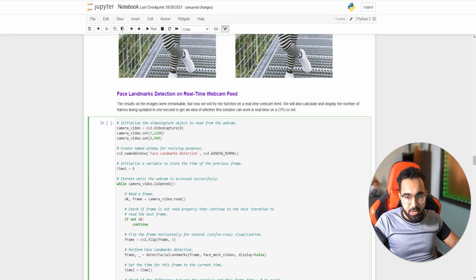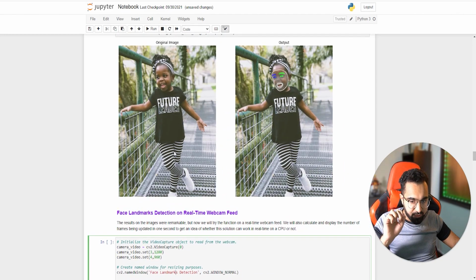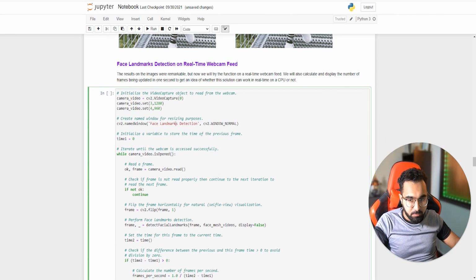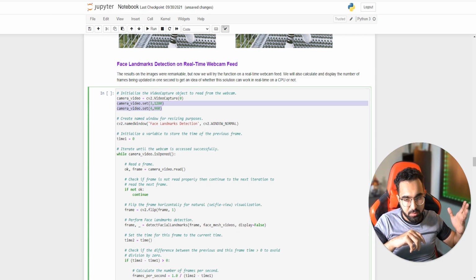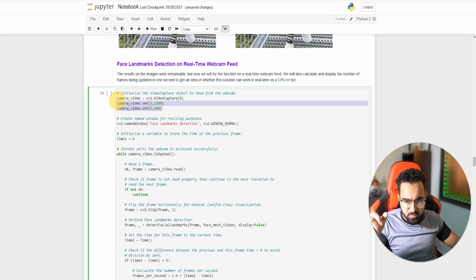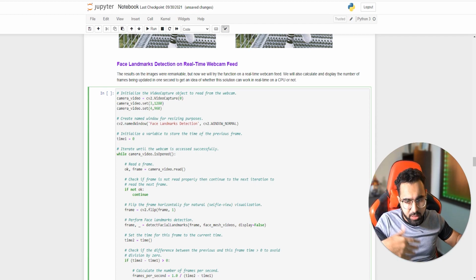And now for the fun part, we use this function on a real-time video feed of myself. For that, I'm going to use the cv2.VideoCapture function in OpenCV to set up my camera, and maybe this should be 0. Okay, I'm going to be using a separate webcam, and then I'm going to set these camera properties. This way I'm going to be using the maximum resolution for this particular camera. Normally I use this when I'm using my mirrorless Sony camera. That is when I use the maximum resolution.